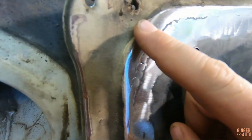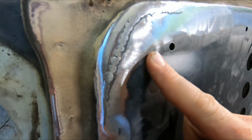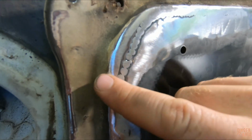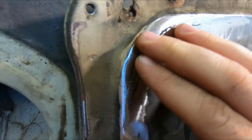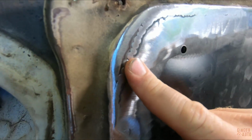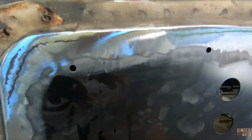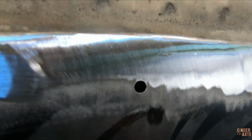So I know that this corner here is higher than it is here. So if I was to just keep grinding until this bead is completely gone, then you'd start wearing this outer edge real thin, and then it's either gonna go through eventually, and it's gonna become weak and potentially crack. So you gotta make sure to look at everything and not just focus on getting rid of that bead. Like here, there's a little bit left,